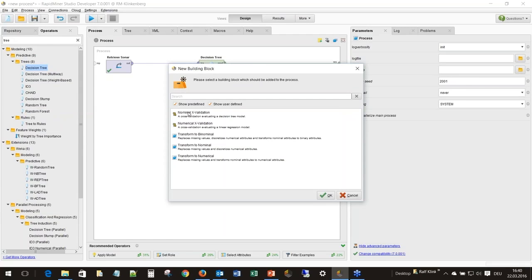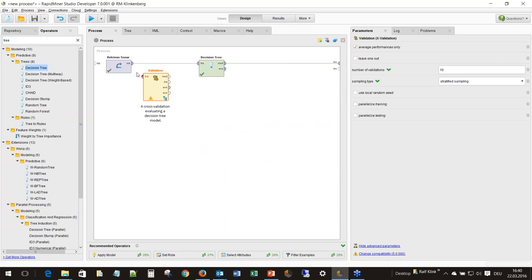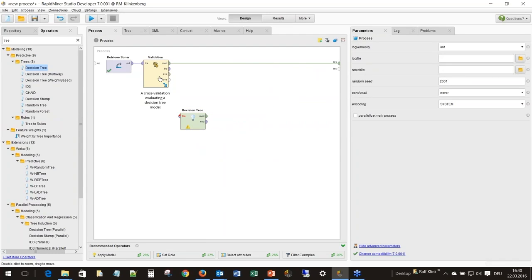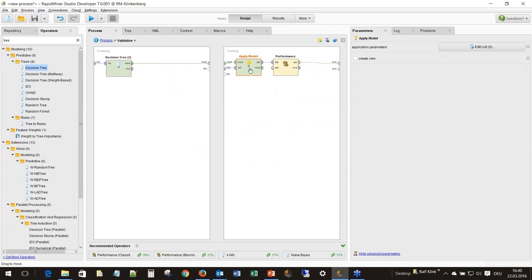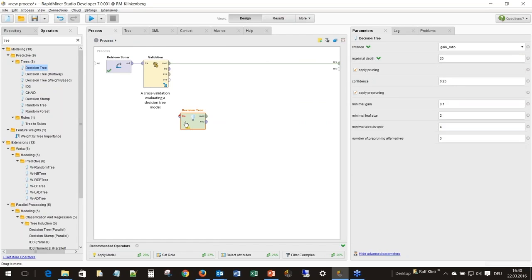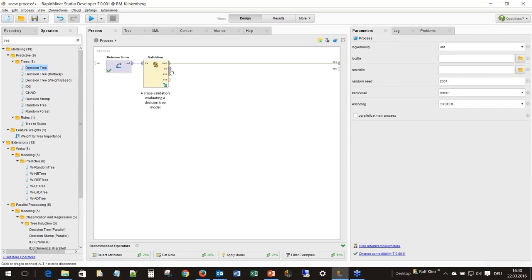We have a nominal classification task, classify whether something is a rock or a mine. So we need a nominal cross-validation here. Let's just drag and drop that in here. And now let's do the cross-validation instead of the tree building. And let's take a look inside. You see, the default already has a tree inside. It already has the model application. It already has the performance computation. So I don't need to do anything else. Just add the building block and I'm done. Now I can